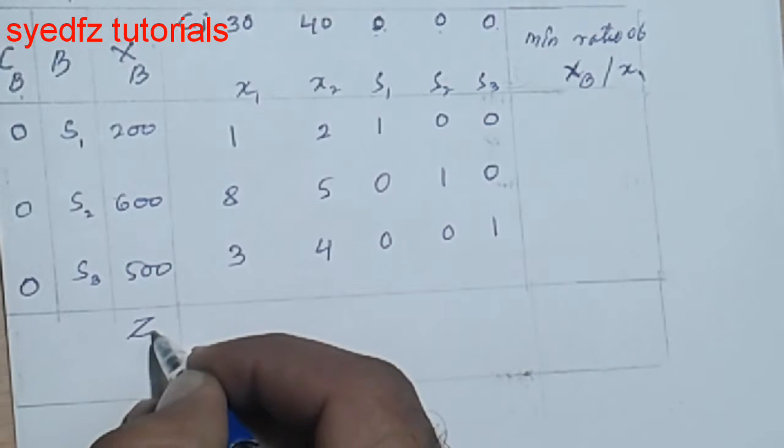Okay, this row is known as Zj. How do we take the Zj? Zj is a calculation: after multiplying we will get it. Okay, Zj means it's a calculation after multiplying. How we can get this is,